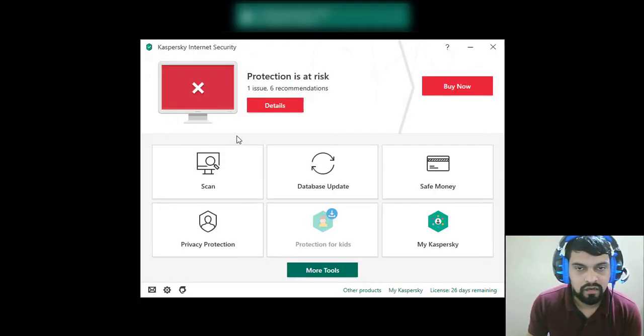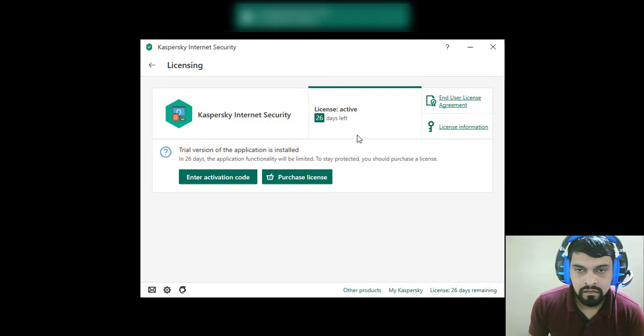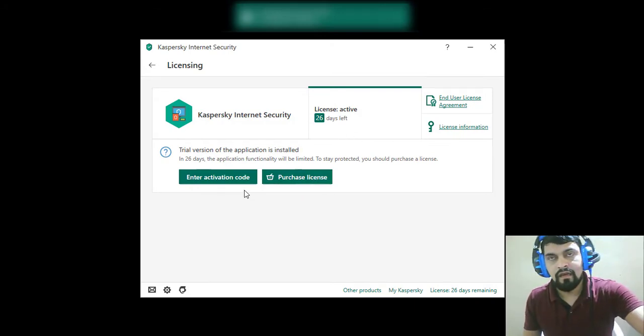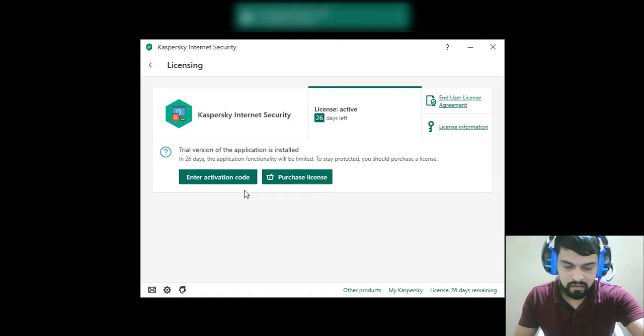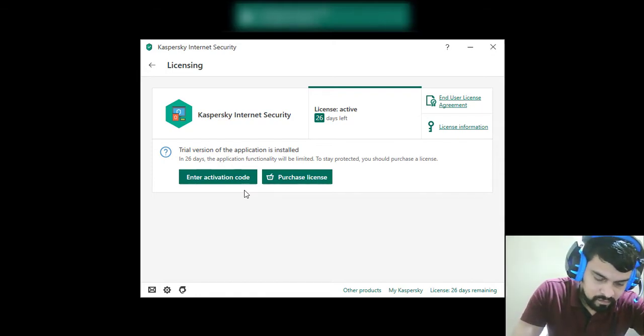Kaspersky is already installed, and I am having a trial version right now. So let's activate it by using the code which I got. So this is 1 year 1 PC. So let me scratch it out.